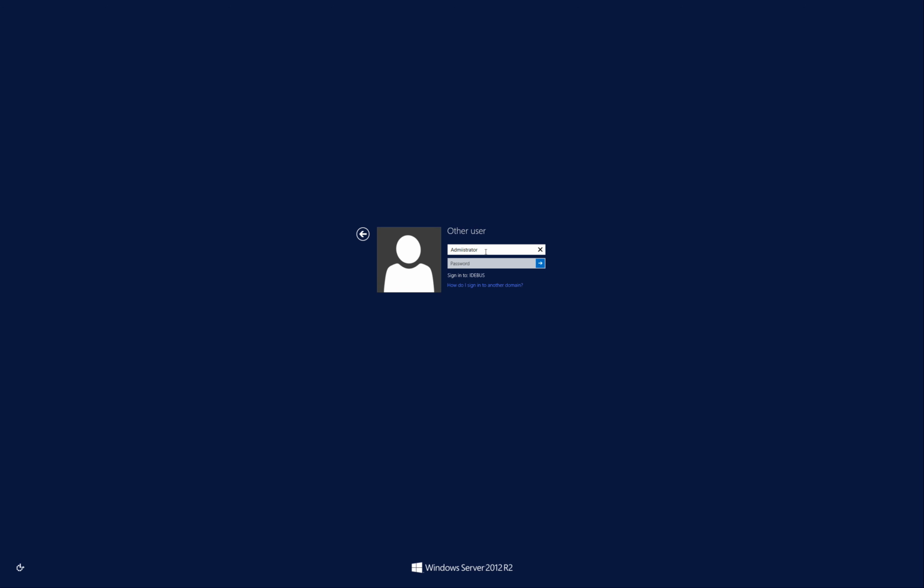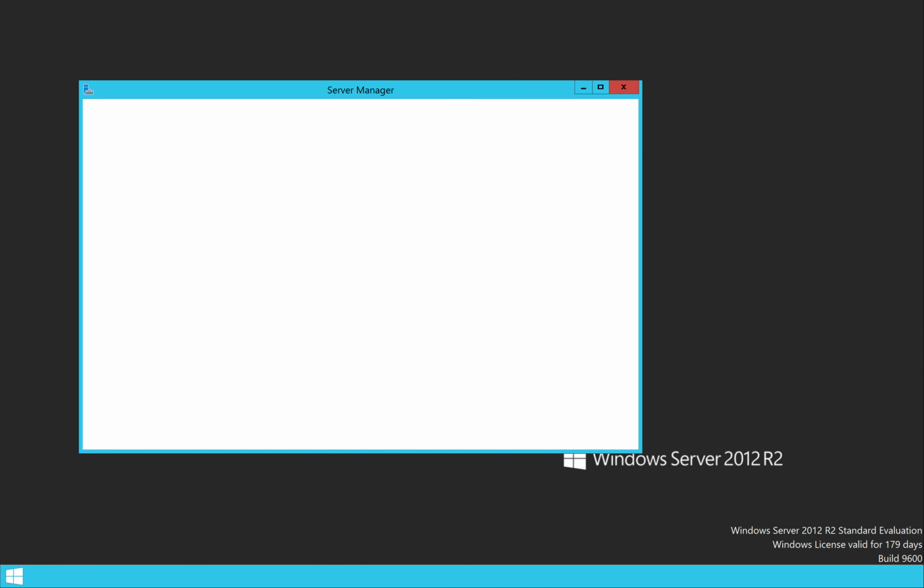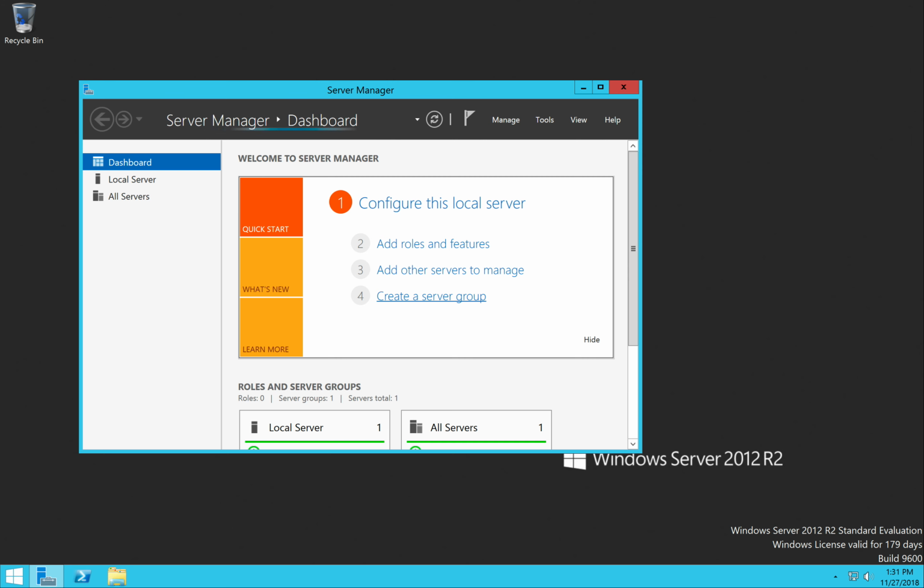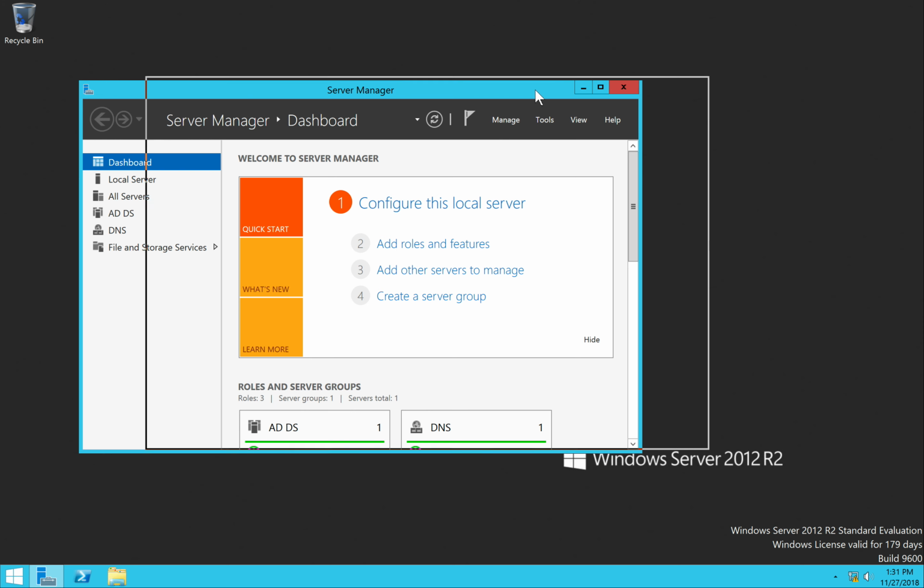So that should work, but why is it not working? Yeah, so it will open. Sometimes the capital or small letter for administrator might cause a problem, so just check with both capital and small letters. And after you have logged in as administrator,